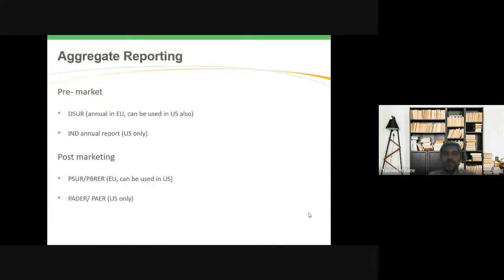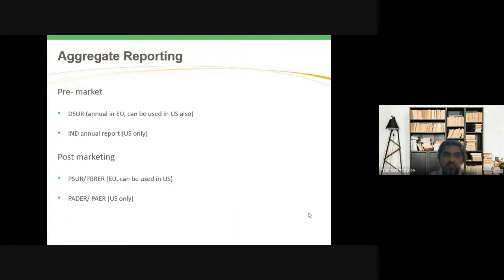Okay, so now we are done with the case processing, whatever data we need to analyze and how to report, and we will be moving ahead with the aggregate reporting. Before we move ahead, I would like to call out in case there are any questions. No? Should I move ahead? Okay, thank you. So, aggregate reporting: there could be a pre-market aggregate report as well as